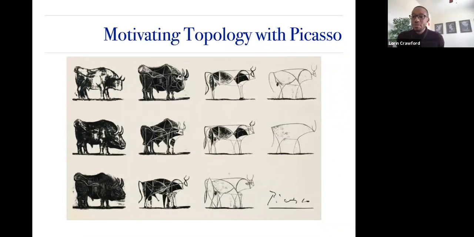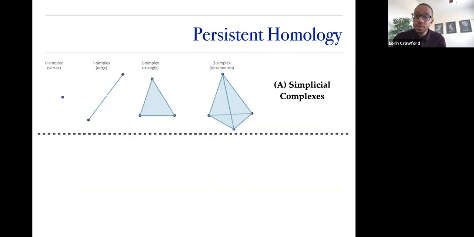Which I'm sure many people have seen, right? We're going to work in this idea of this lower dimensional type space, and we're going to try to understand what's happening in higher dimensions from this lower dimensional representation. Okay, so let's go to this idea of persistent homology, which I'm sure is not new for a lot